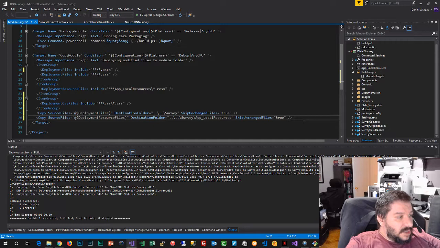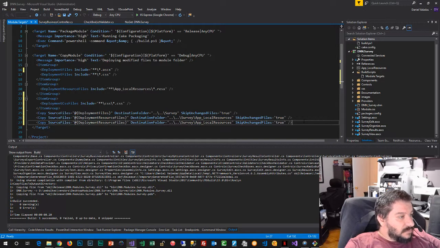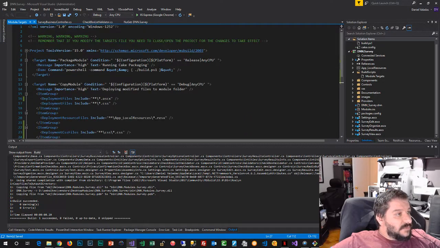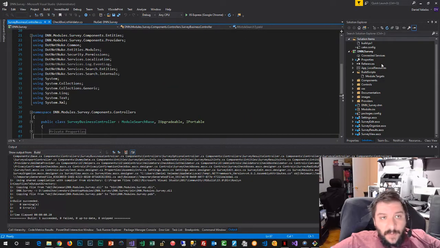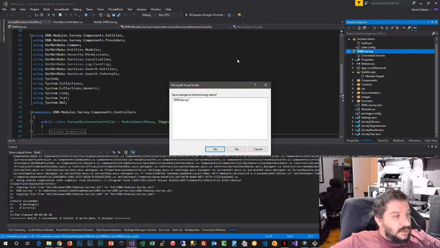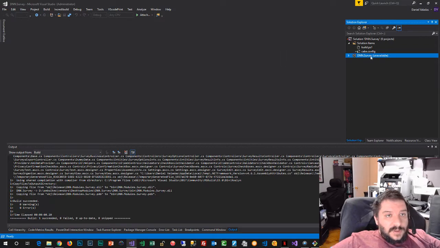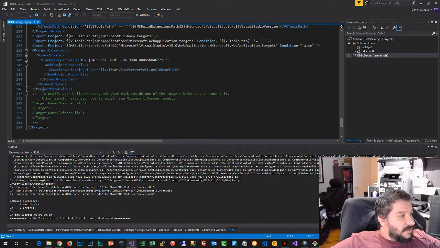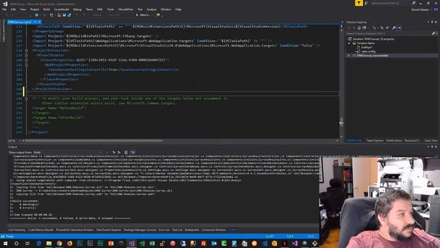Perfect. We're going to copy this line and change the source file for deployment. CSS files will go into survey, CSS, save. That's pretty much it for our MS build scripts. Now I need to edit the project. I need to unload the project and edit the project, and somewhere near the end here we'll need to